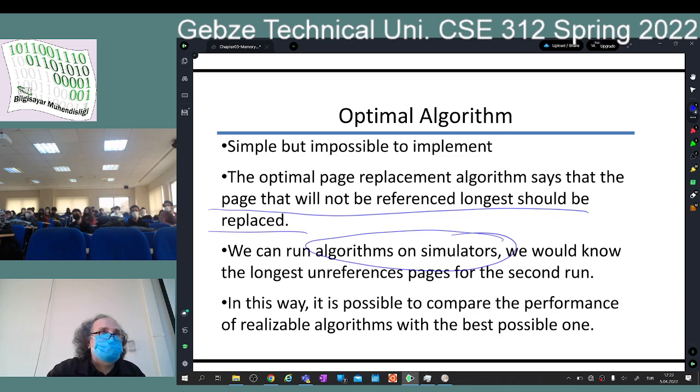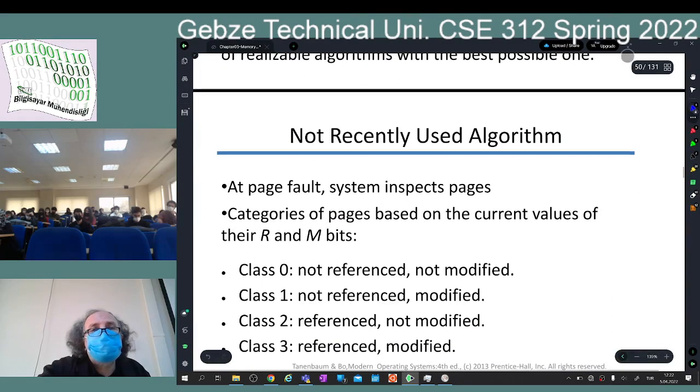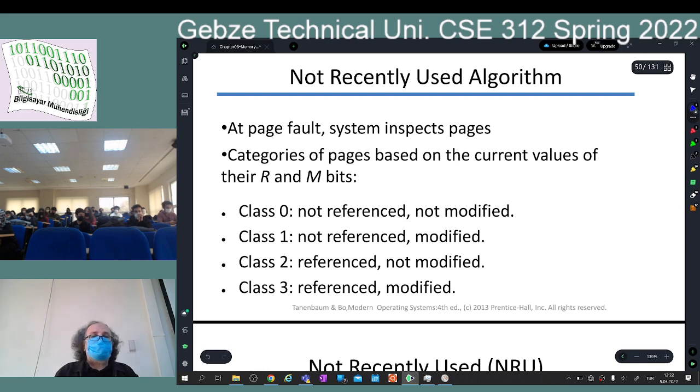Okay? Since we can't see the future, maybe by looking at the history, I can make this decision. If a page is not referenced and not modified, maybe that page will not be referenced for a long time. So I am going to replace it. If no such page is available, then I would replace class 1. Not referenced but modified. Well, the reason why we are choosing class 1 over class 2 will be